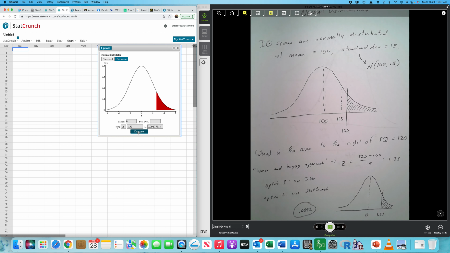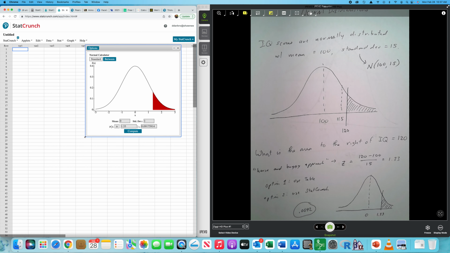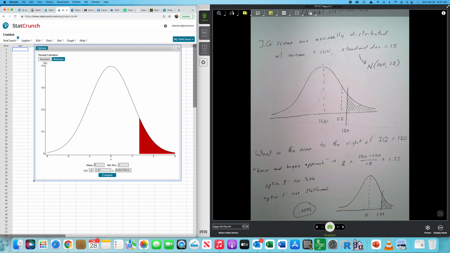Which one would I use? Will I use option 1 or option 2? Well, you know how anti-tables I am, so you know I wouldn't use option 1. Would I use option 2? No, I wouldn't. There's an easier way. The calculator doesn't force you to use 0 and 1 as the mean and the standard deviation. You have the flexibility of changing that. And in this distribution of IQ scores, not standard normal distribution that has mean 0, standard deviation 1, in this specific distribution,